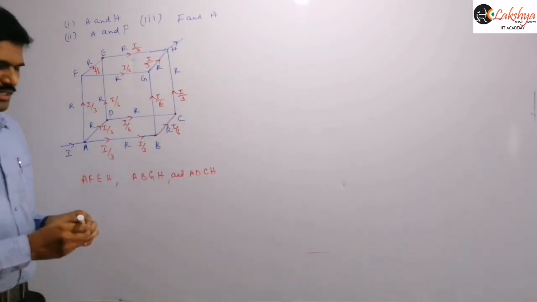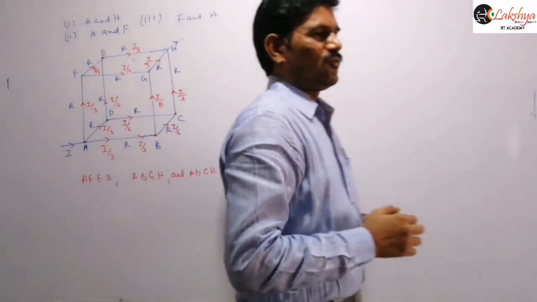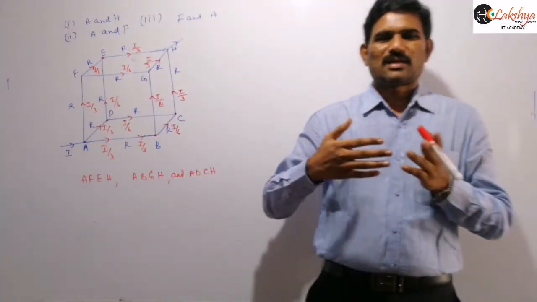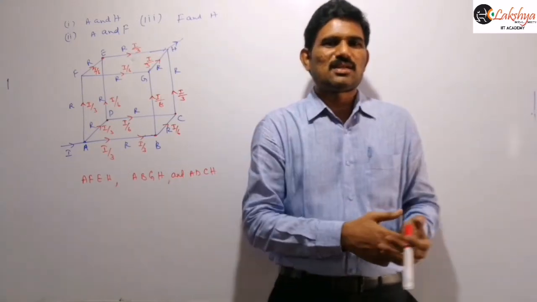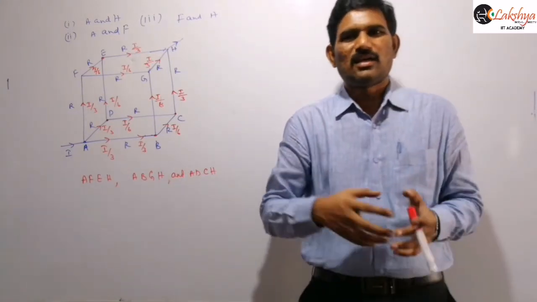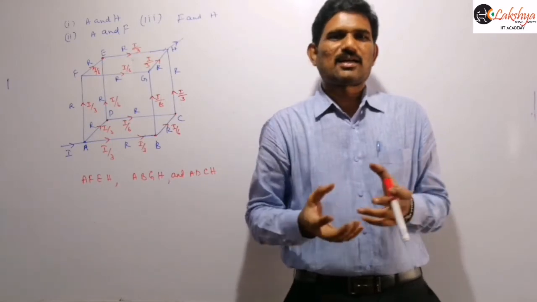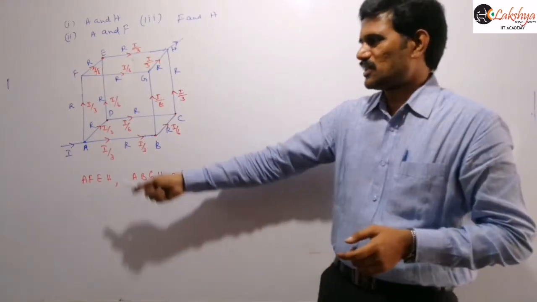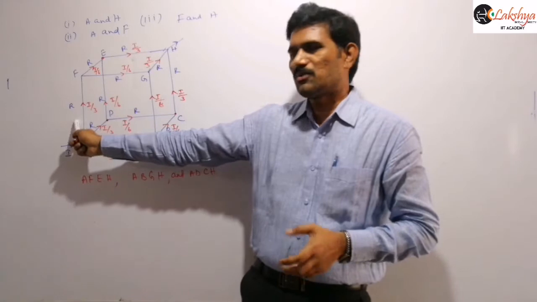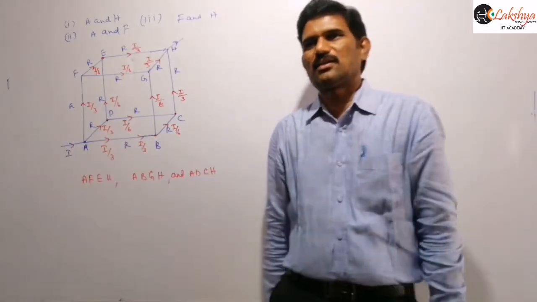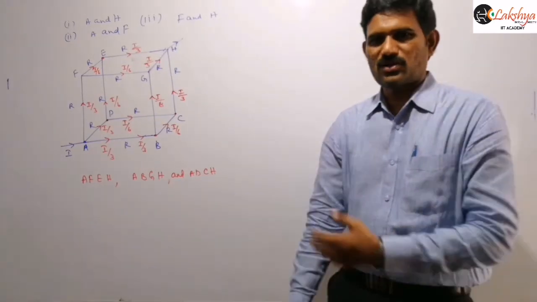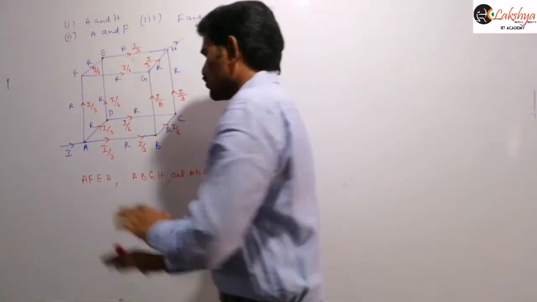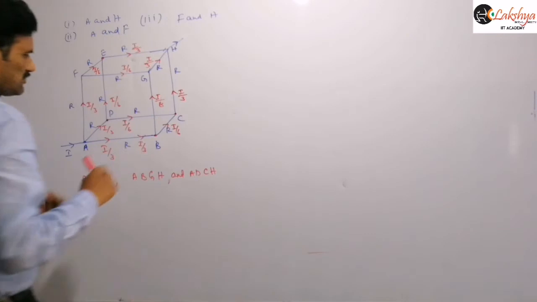So then from the beginning I am saying one point here. When the current entering the junction and leaving the junction are identical, identical current will flow through the identical path. So that means here you can observe this I by 3, I by 3, I by 3 initially it is dividing like that, and the same I by 3, I by 3, I by 3 is joining here to get the total current I, right? And so now the current distribution is completed.